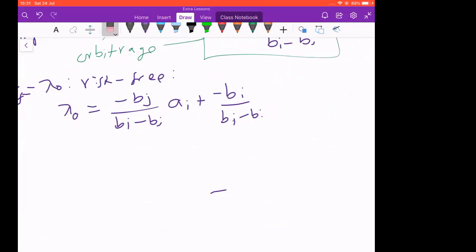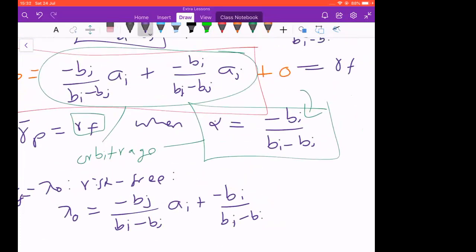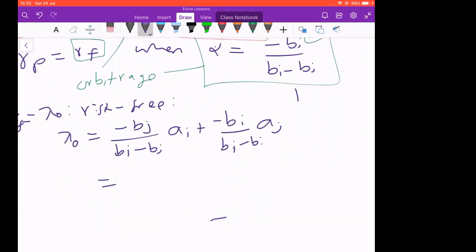Or you can just try to put them together. Let's see. You have A here. You have A, J. In my thinking, this is what my first instinct takes me. So I'm gonna write it like this. I'm gonna say BJ